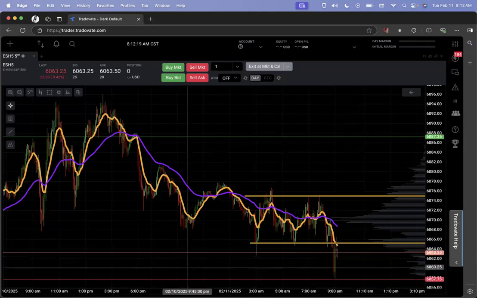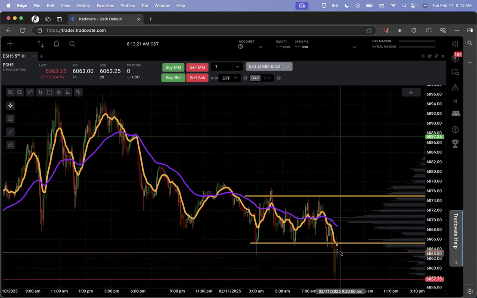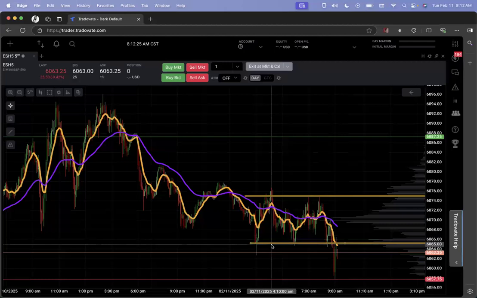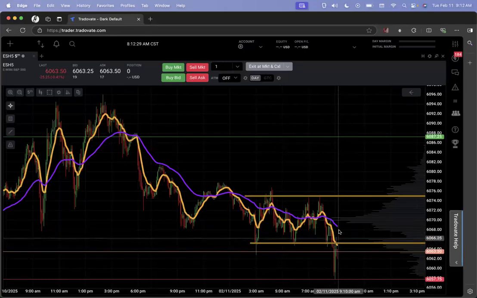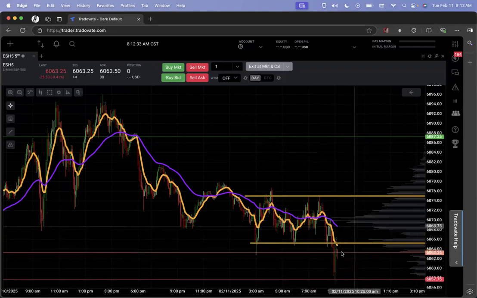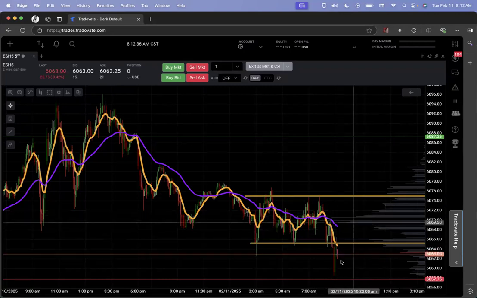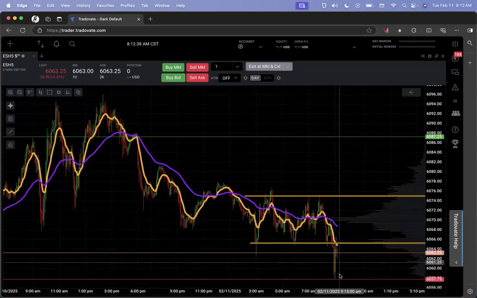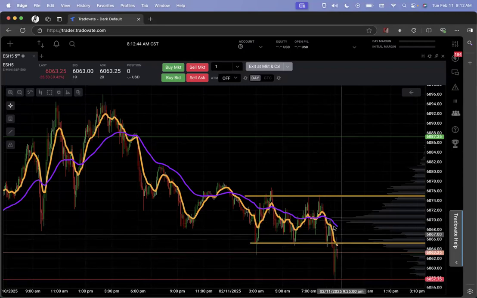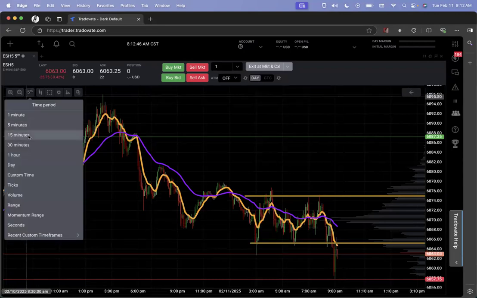We're here below the zone. This is the zone that we were just in that we broke out of. If we were to come back inside the zone, we could go sideways inside the zone. If we don't go inside the zone, we're likely going to continue to the downside